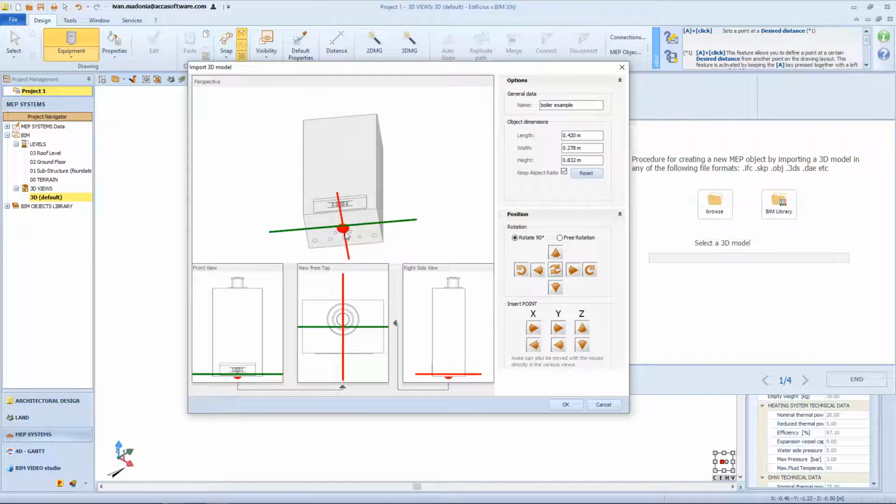on the drawing. 3 smaller views, placed side by side respectively, show the front view, the top view and the right side view. The options and position sections are available on the right side of this window. The first allows the management of general data, such as the name to be attributed to the object, and the setting of the object dimensions, length, width, height, whose values are automatically recognized by the representation of the object on